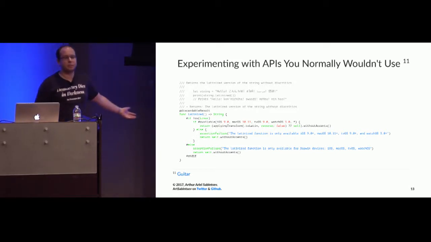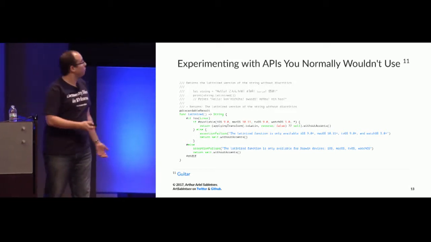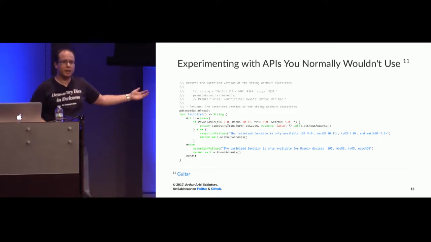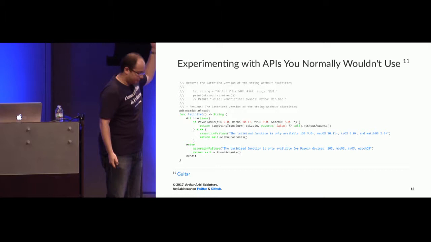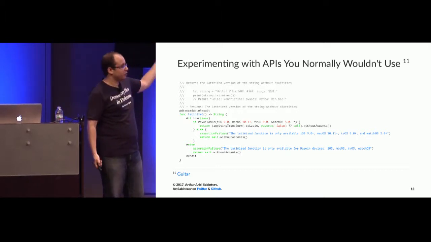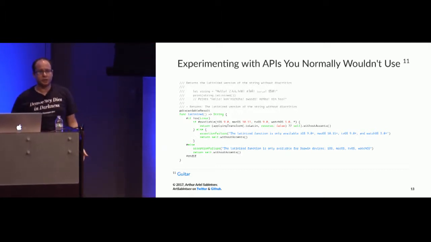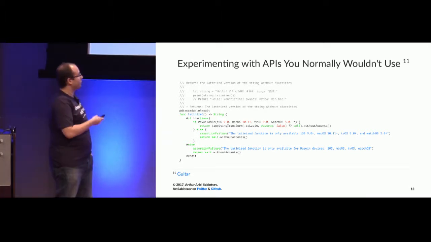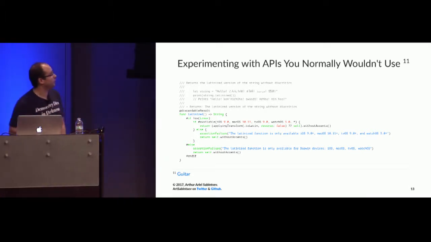I would never do this in my day job. So what's the key takeaway here? Oh, yeah, and by the way, assertionFailure is something that only happens in debug mode. Essentially, it's the same thing as an assert, except it throws a message in your console. So these messages will never crash your app on production, but only in debug mode.